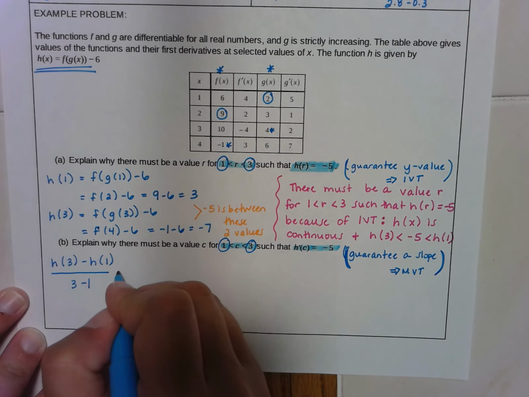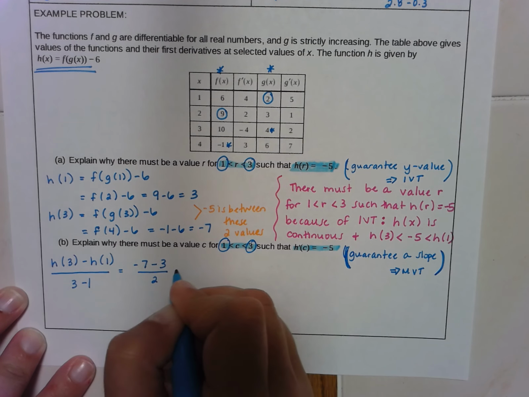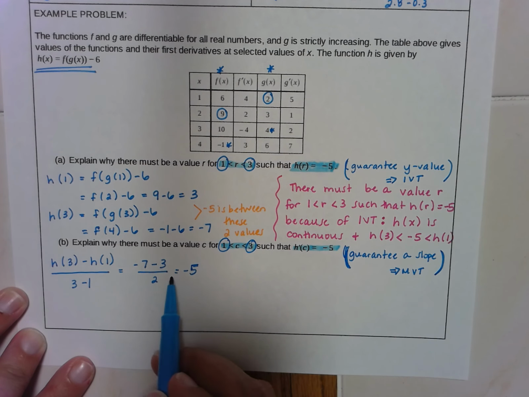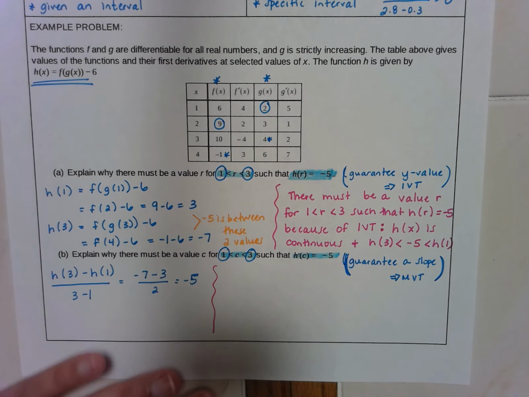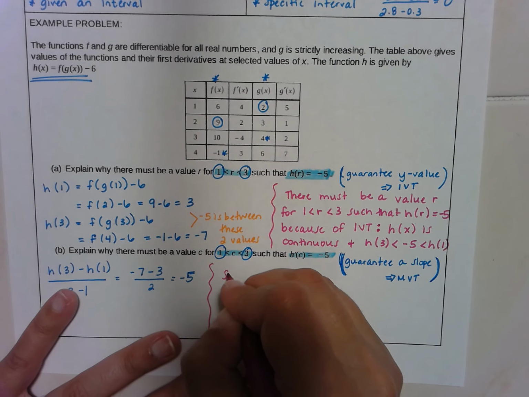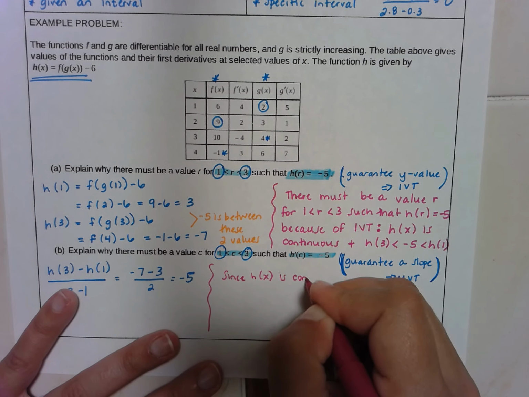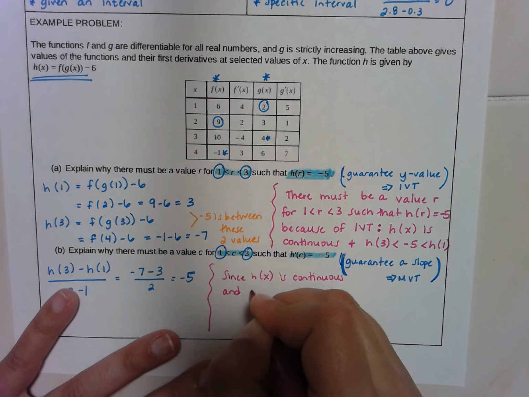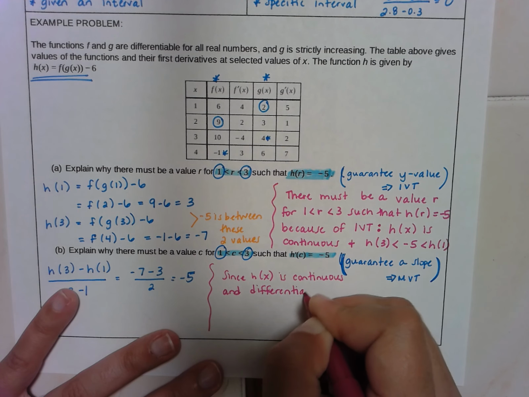Now we're lucky that we already found those values. So we would have negative 7 minus 3 over 2, which is negative 5. Since my average rate of change is equal to negative 5, I can guarantee that my instantaneous rate of change must be negative 5 by the mean value theorem. So I would say since h of x is continuous and differentiable, which are the conditions of the mean value theorem,